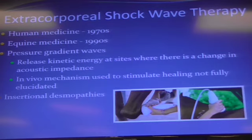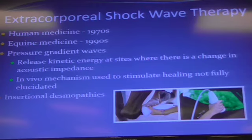Shockwave, I'm not going to spend a lot of time on this. Extracorporeal shockwave therapy, it's a pressure wave that releases energy at the site where there's a change in existing points. What that means is that it doesn't work the best in the middle of the tendon. It works best where a ligament inserts into the bone. Okay? So the change in that acoustic impedance means like there's a different density of bone than there is the ligament that's attached to it. Where those things change and become the junction between the two, that's where it works the best. So it's very useful for these insertional desmopathies,